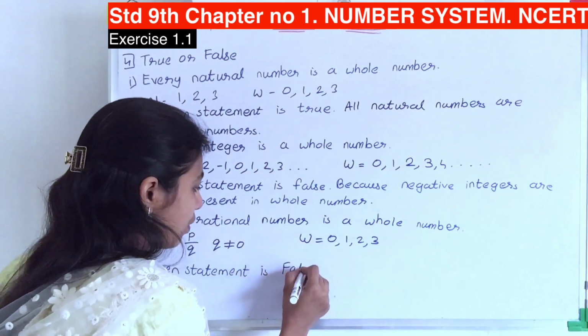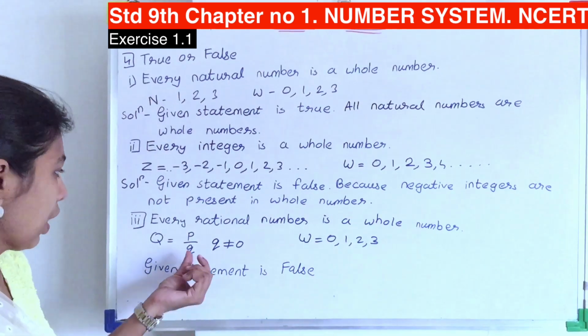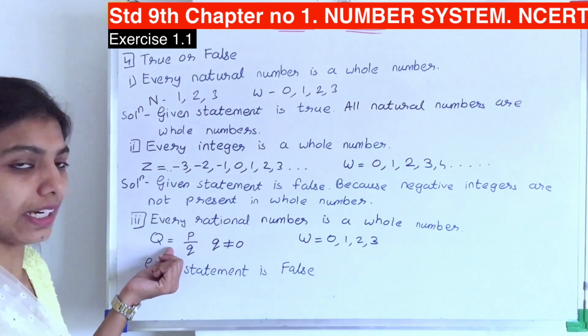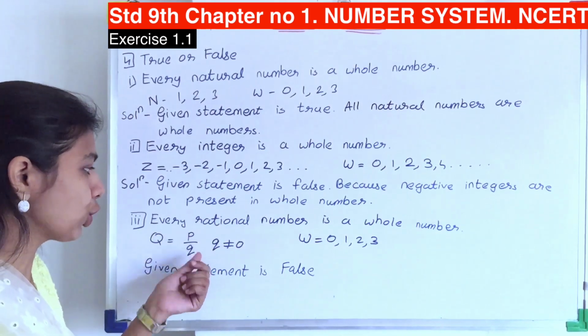is false. Why? Because q, that is the rational number, is represented by p upon q where q is not